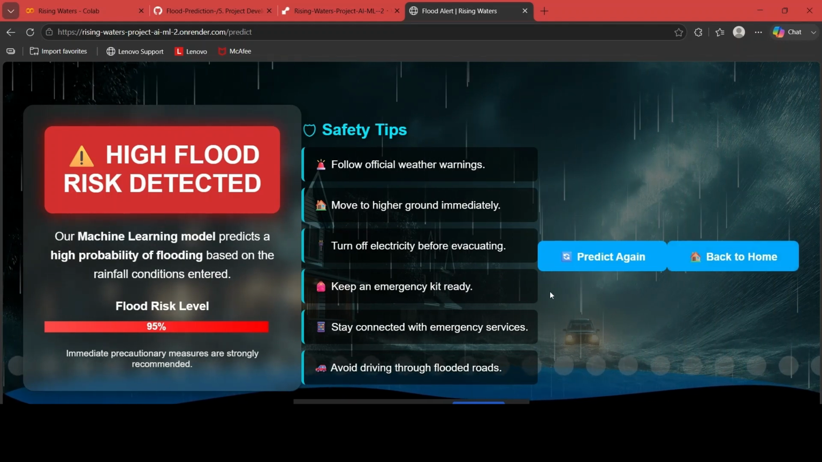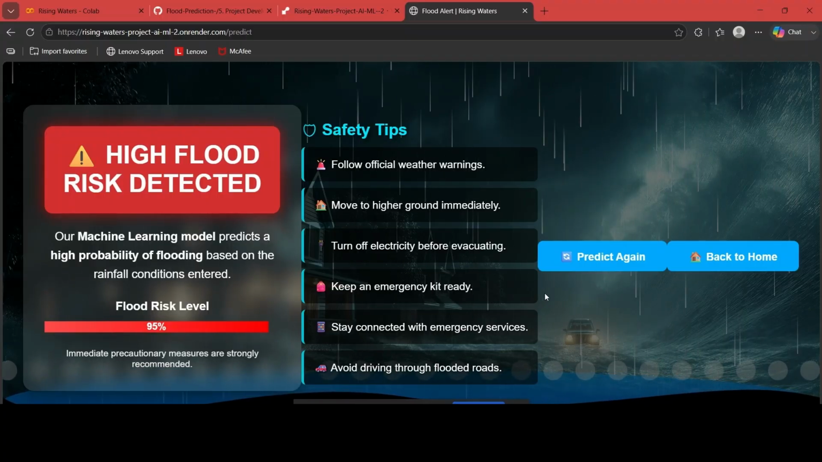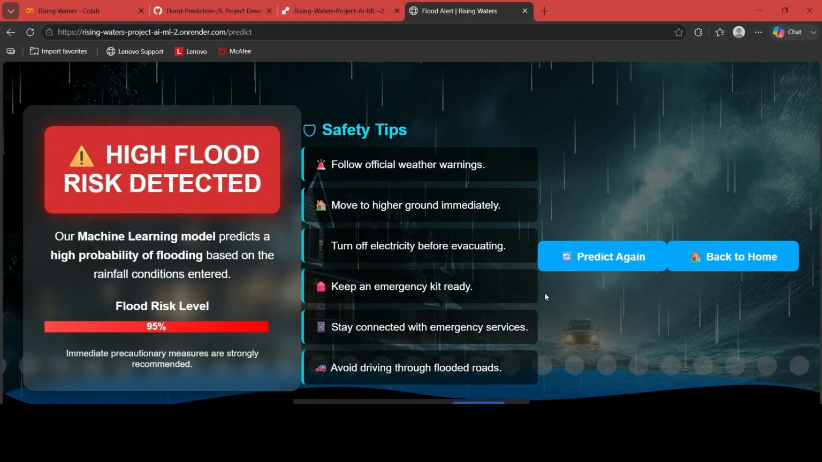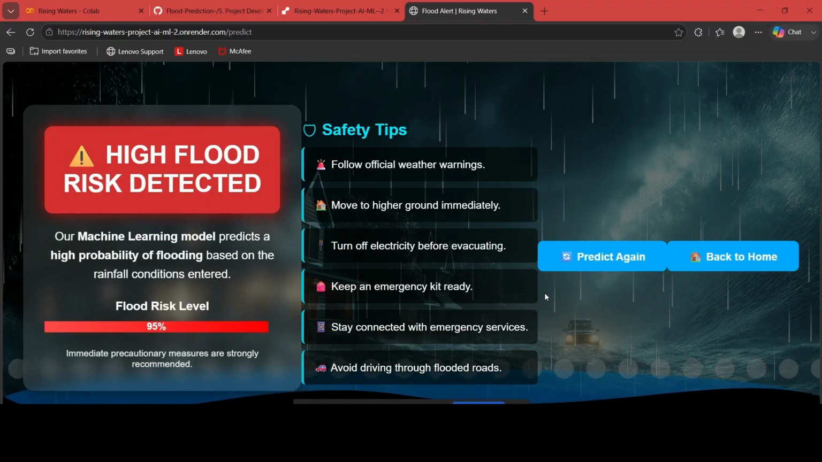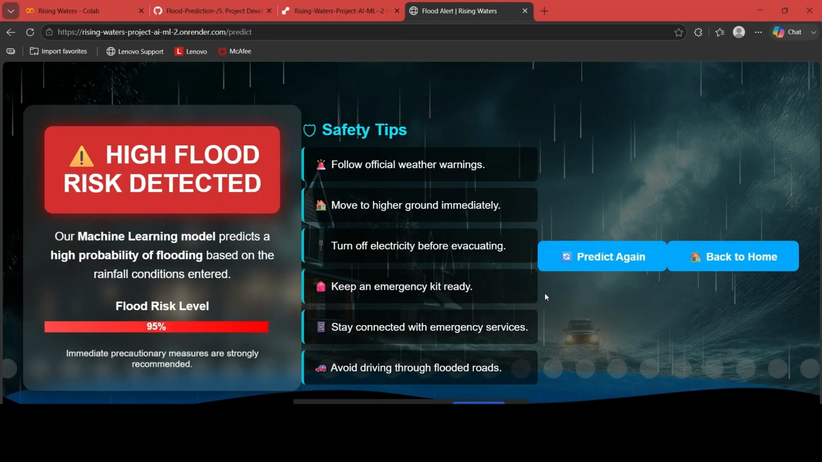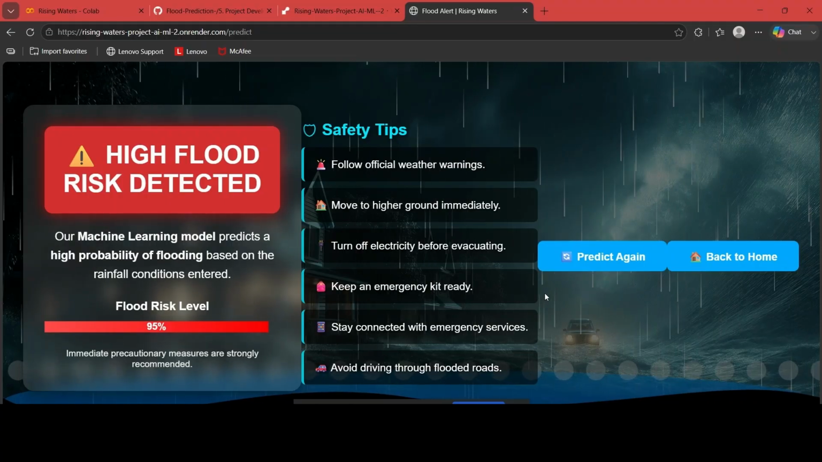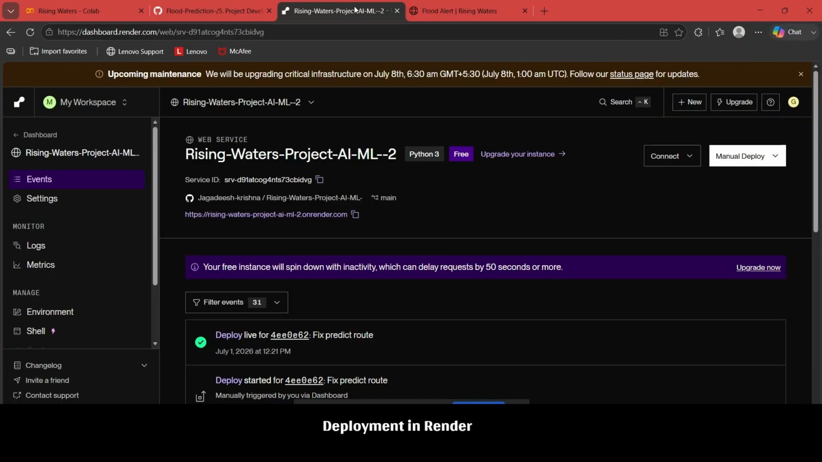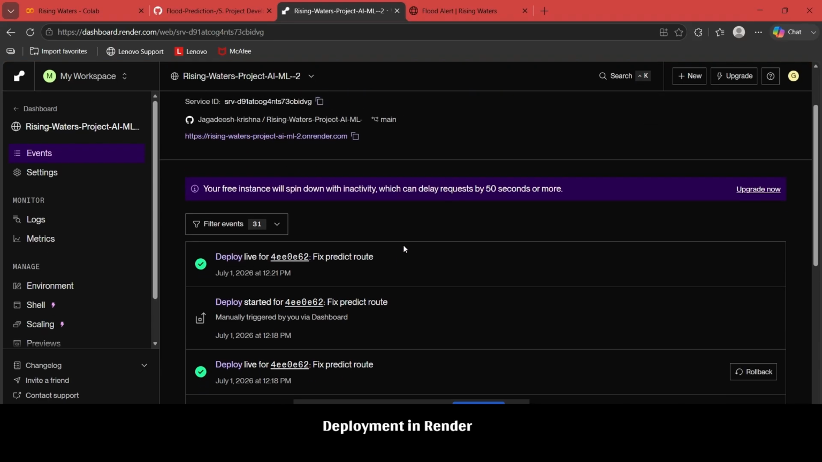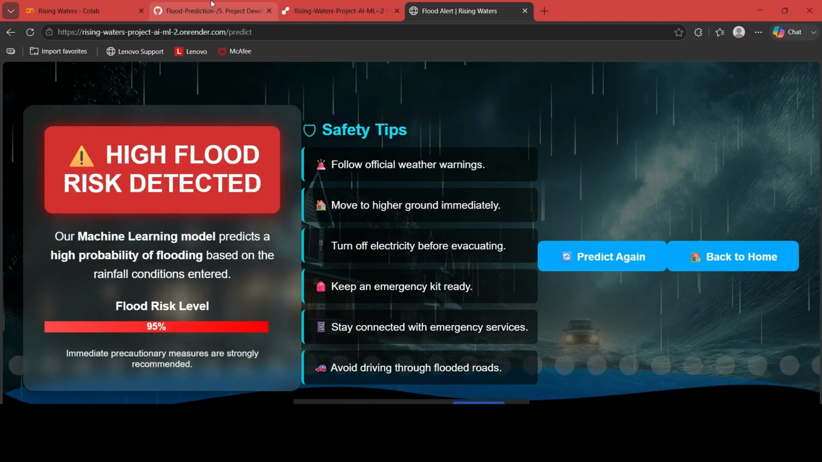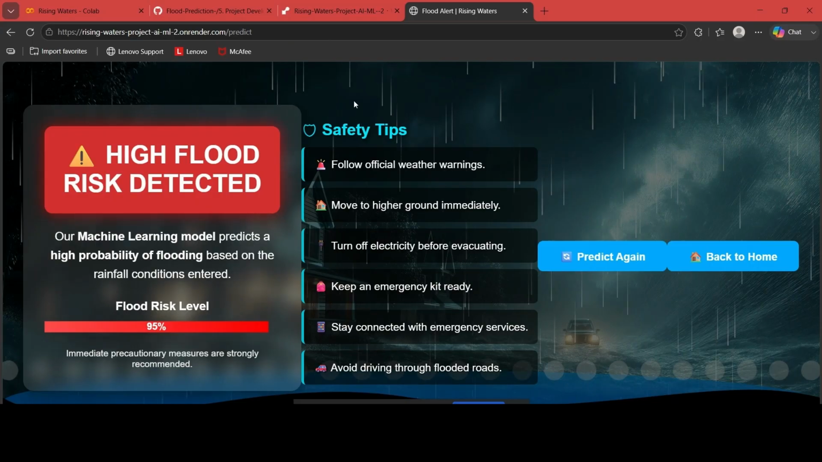In conclusion, Rising Waters is a machine learning based flood prediction system that provides quick and reliable flood risk predictions using rainfall data. It demonstrates the practical use of machine learning and web technologies. I also used Render for the deployment of the web application, and multiple users can use this. There will be no problem in